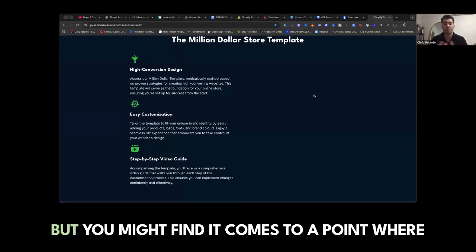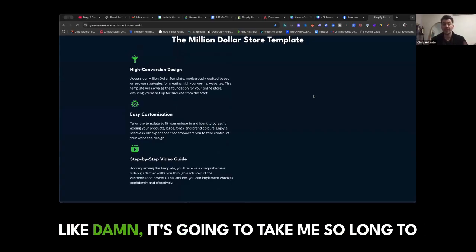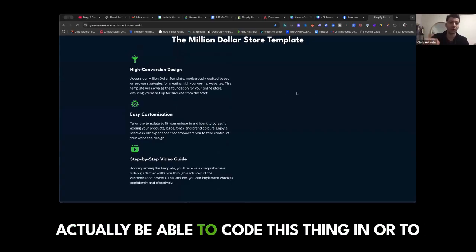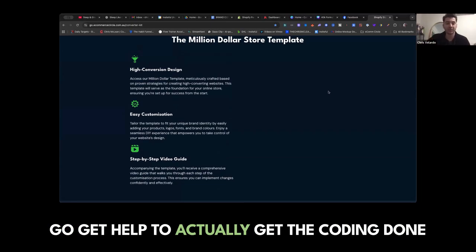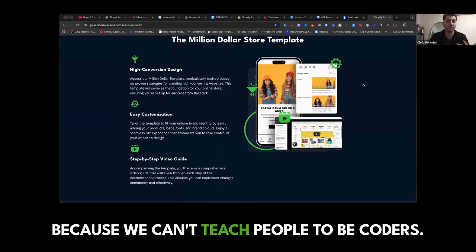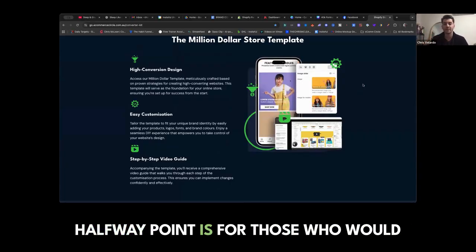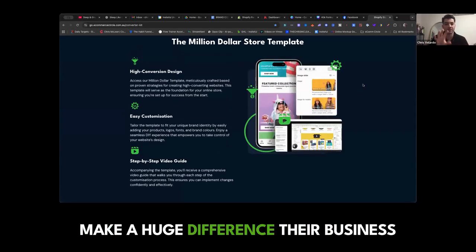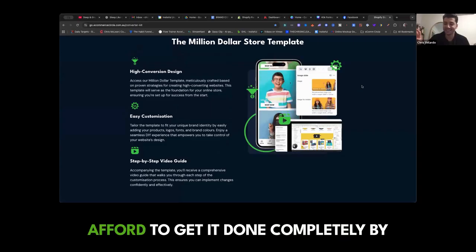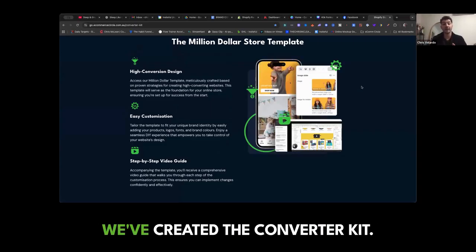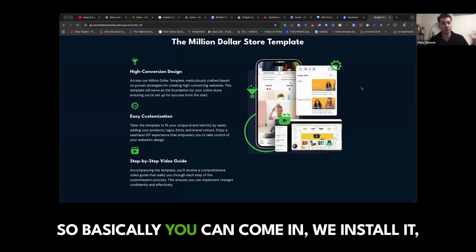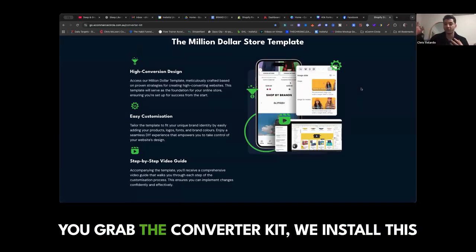We do that all day, but you might find it comes to a point where, damn, it's going to take me so long to actually be able to code this thing in, or to go get help to actually get the coding done, because we can't teach people to be coders. So what we did as this kind of lovely halfway point is, for those who would make a huge difference to their business to have a website but can't quite afford to get it done completely by us, we've created the converter kit. So basically, you can come in, we install it, you grab the converter kit, we install this